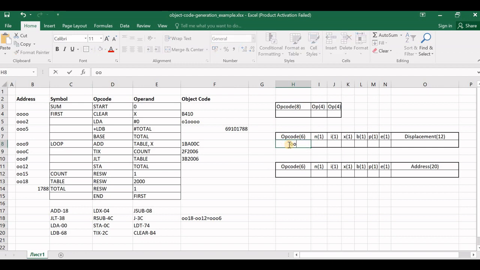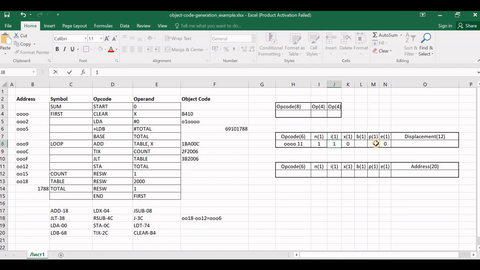Represent it in binary. C is 1, 1. The next 2 bits continue to the N bit position and I bit position. Since this instruction is in format 3, E bit will be reset to 0. Check which addressing mode this instruction is. This instruction is not in indirect addressing mode. It is not in immediate addressing mode. It is not in indexed addressing mode also. So we make this N bit and I bit 1, 1 and find out the displacement.